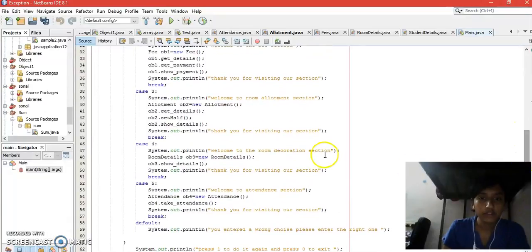The same goes for allotment, the room details, and the attendance section, so that each of these classes have their own objects created of type allotment, room details, and attendance, and each of those objects call each of the functions which are declared in that particular class. So now when I run the program,